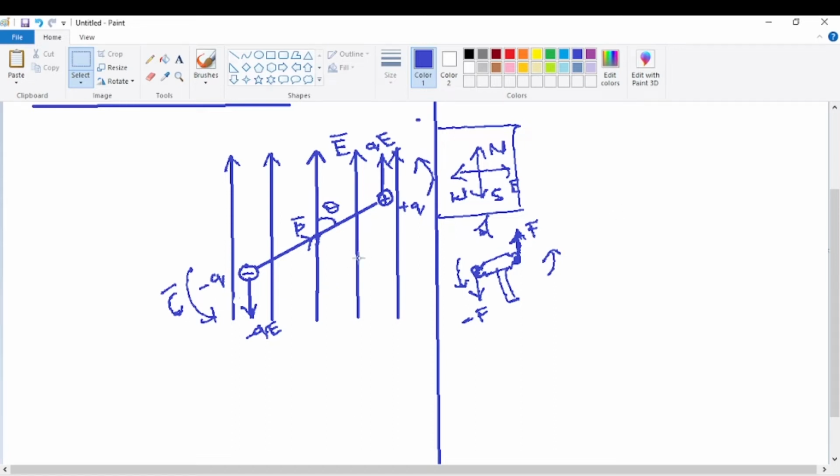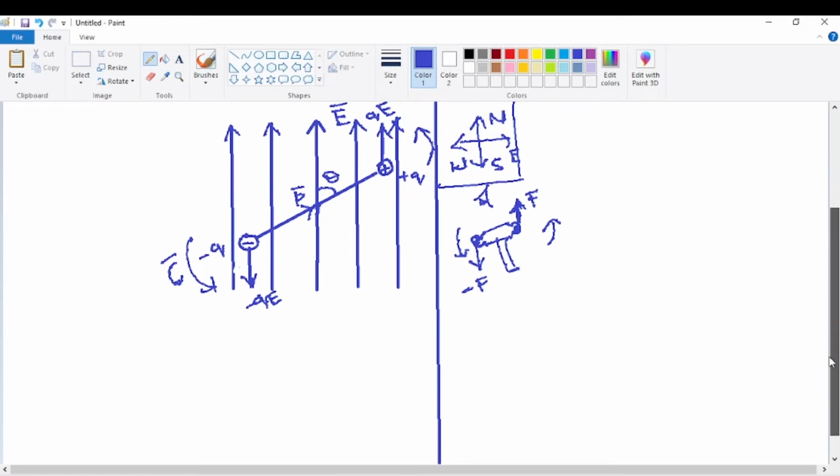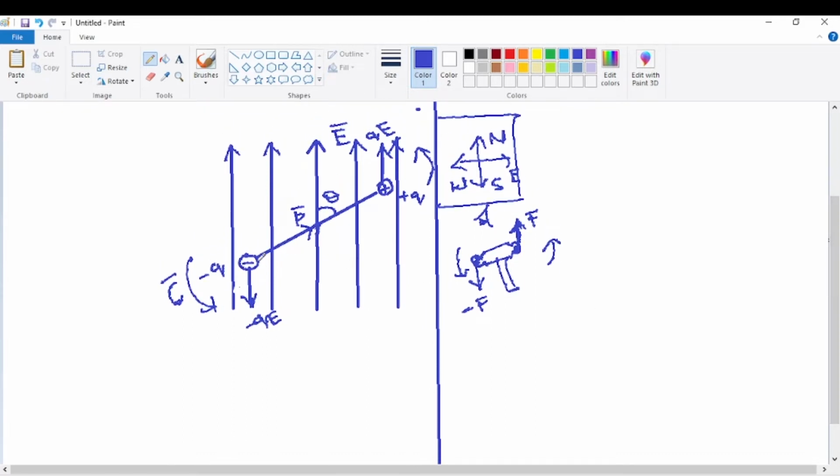So just observe here. So now how to derive the topic? It's a very simple derivation based on the moment of couple definition. So how is moment of couple defined? Now the moment of couple, just see here, I am writing the equation for moment of couple which you already